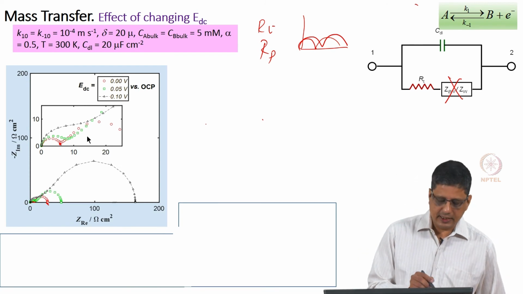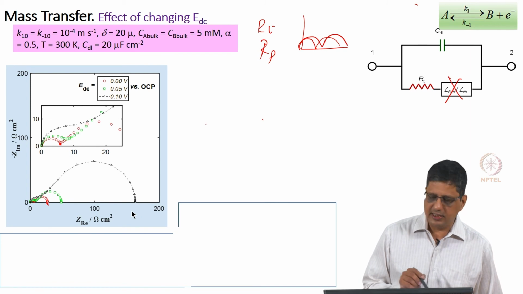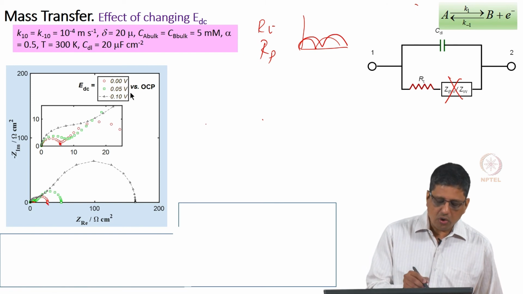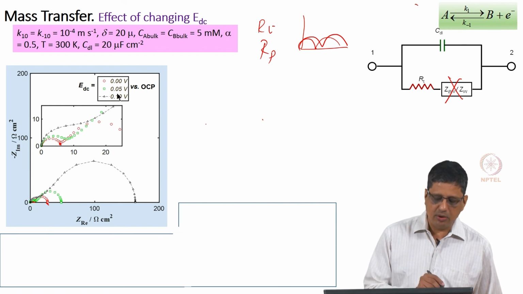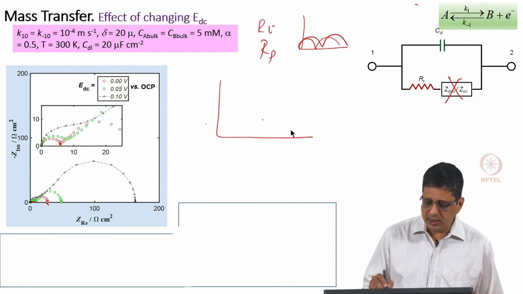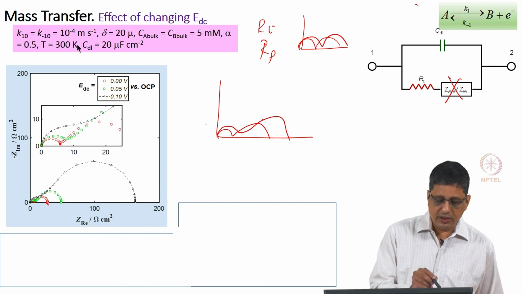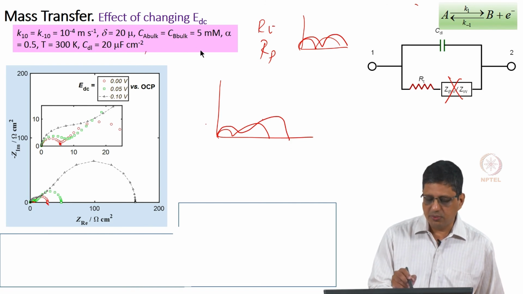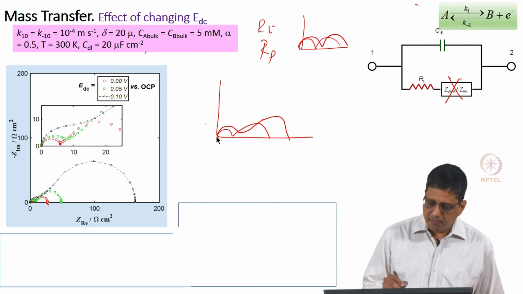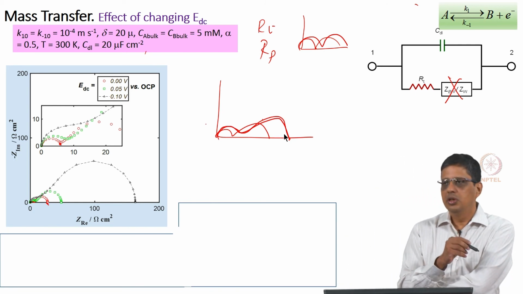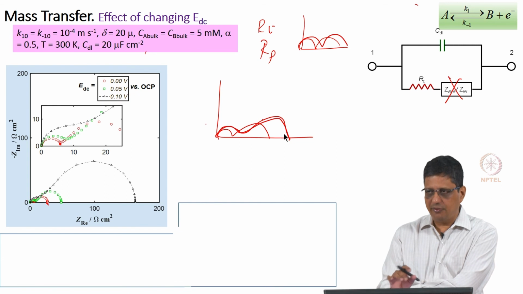Same with polarization resistance, we get a larger polarization resistance when the DC bias is changed. When it is 0 DC bias, you get minimum resistance for R T and R P. If you go to minus 50 millivolts or minus 100 millivolts, it is going to be similar to this, which means if this is 0 resistance, plus 50 millivolts may come here. Of course, I do not remember what values of diffusivities I assumed there. If they are the same, minus 50 will also give me the same thing, I cannot differentiate between these two. If they are slightly off, then these numbers will be slightly off.